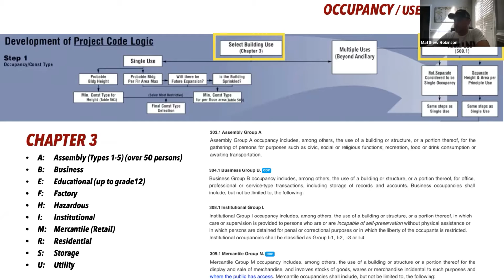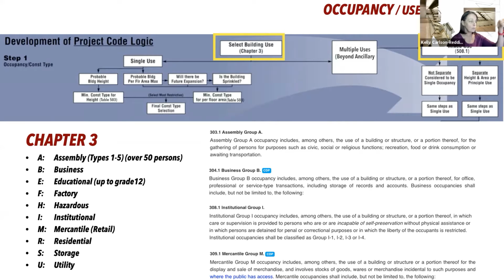Office, hotel. Okay, office, hotel. So where would that fall? Business. Yep. Okay, so we'll probably have business. Everybody will have business. What else? Assembly. Okay, possibly assembly. Where would we have assembly? I mean, if there's any kind of theater spaces or conference rooms over a certain size. All of those. Maybe even restaurants. Yeah. Okay, so we are very likely to have one of the types of assembly, and assembly has